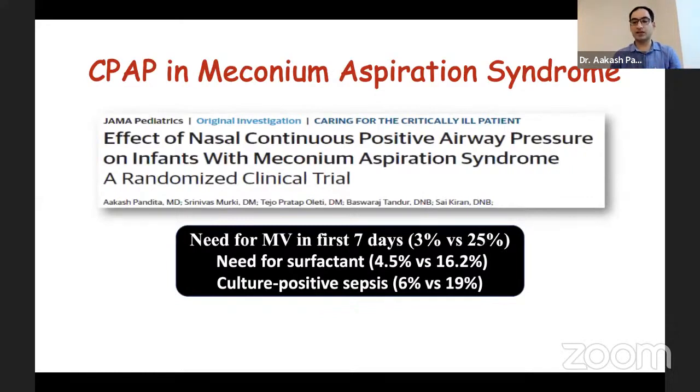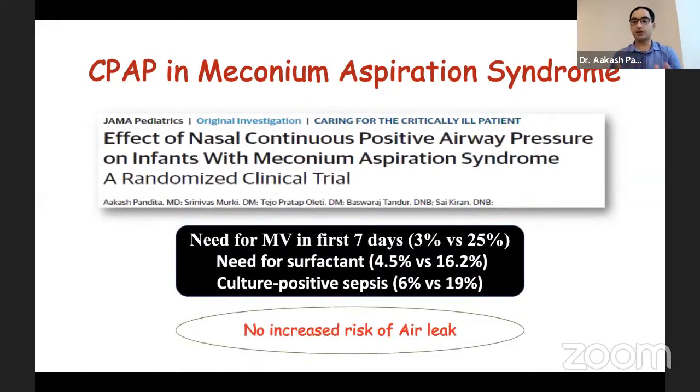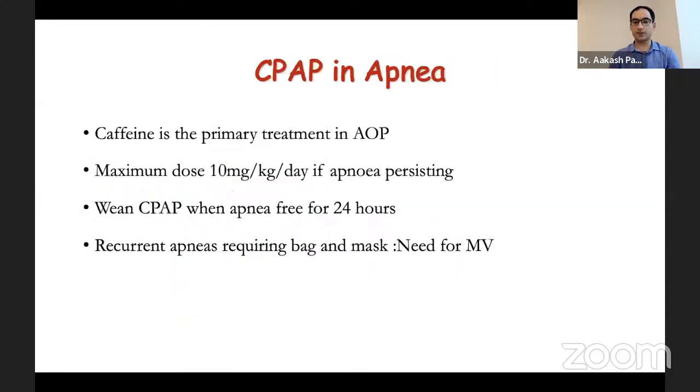Also, because of the less intervention, the risk of sepsis was as low as 6. And this came at no additional cost. That is, it did not increase the complications like air leak, which is often feared in using CPAP in respiratory distress syndrome. As discussed already, CPAP can also be used in apnea, but remember to use caffeine along with CPAP in